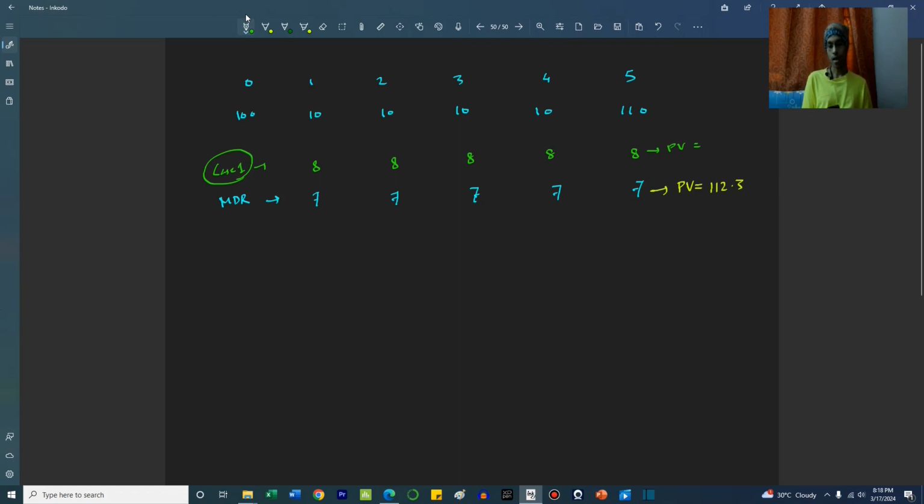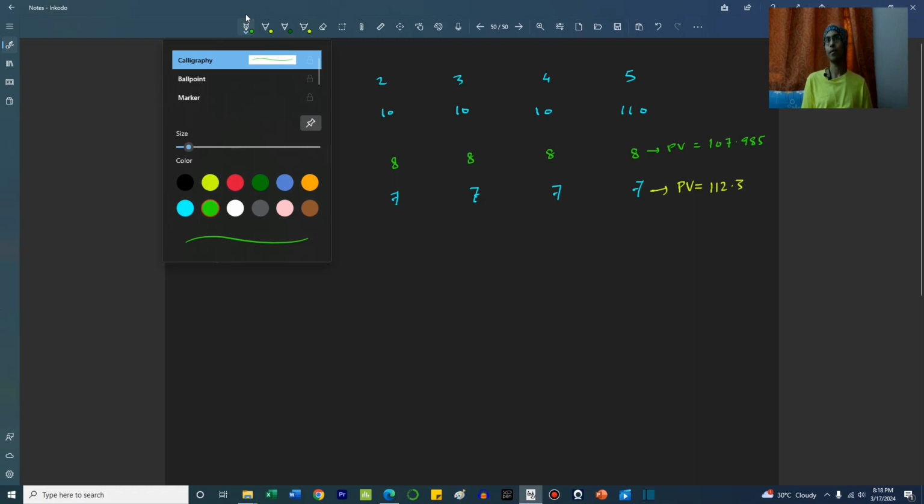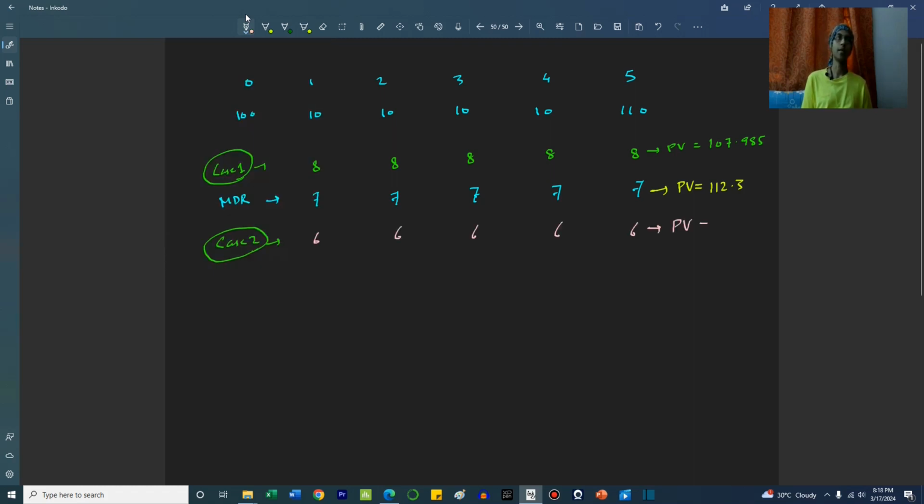This comes to be 107.985. We take another case, case 2, where the market discount rate decreases from 7 to 6%. Here what will be the present value, friends? Let's again calculate. We just change the required return to 6 and compute the present value. This comes to be